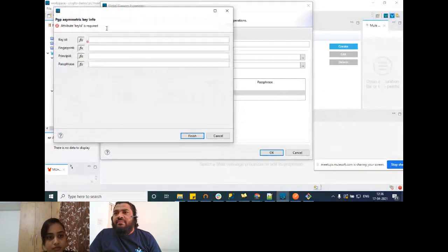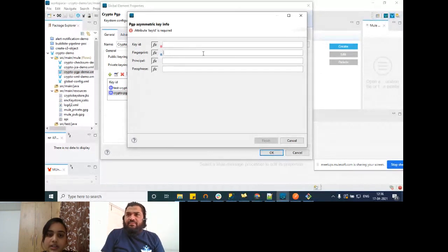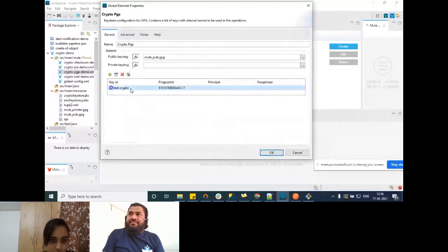Okay, so we need to create a key ID. If you click on this add-on, we need to mention the key ID, which can be anything we want to use. Then the fingerprint is needed, which we created while generating the key. We just need to add the fingerprint over here. Now, for the public key, like for encryption, we don't need to use a passphrase. It will be needed for decrypting the message. So these are all the details we need to pass: principal, passphrase, fingerprint, and key ID.